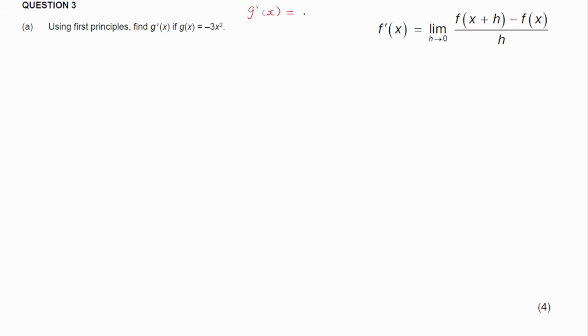So we're going to do that, and we're going to get negative 6x. This forms our goal. So we know at the end, if we've done our first principles correct, this is what we need to be ending up with. And the second thing I like to do is work out what my g